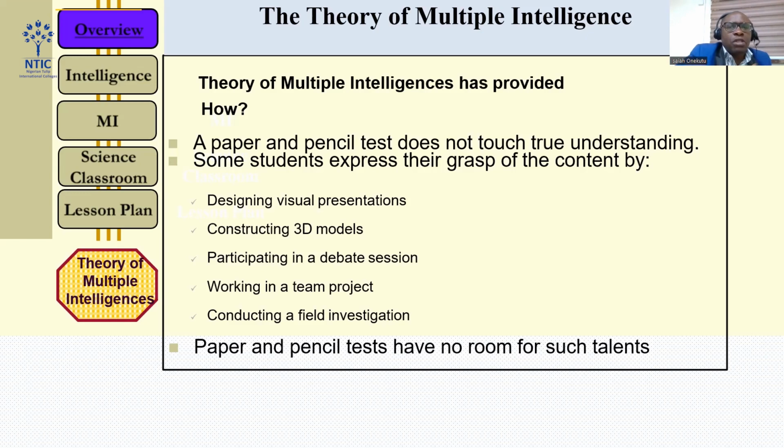Now, if you have the intrapersonal intelligent student, these ones are always quiet. They like thinking within themselves. But when you have the interpersonal learners, they like to discuss. And that means if you capture this within the four walls of your classroom, you create a scenario where they can discuss things. Of course, we also have conduction of field experiments and field investigation. They just want to do things. So paper and pencil tests have no room for such kind of talent. If you're a teacher who is restricted to the paper and pen kind of assessment, then you have so many learners that might not be carried along.